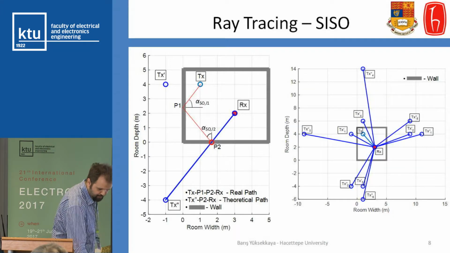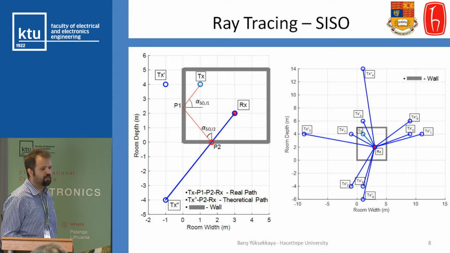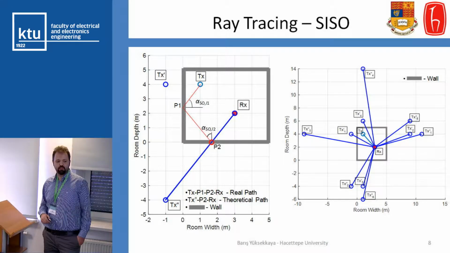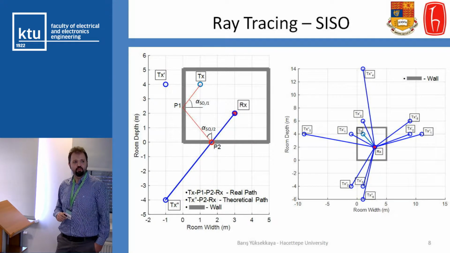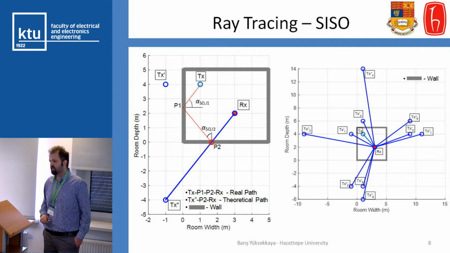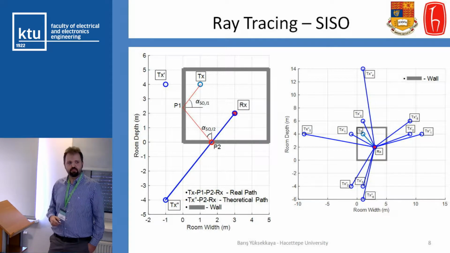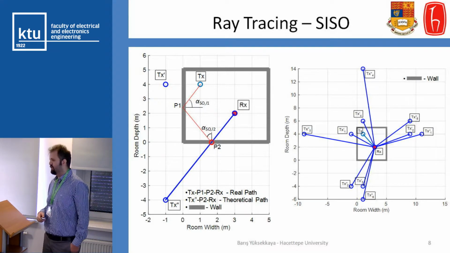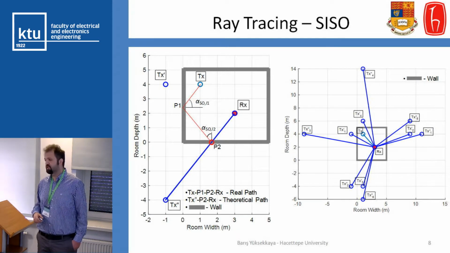Then we should find second order reflection points, and we can find this by taking the mirror image of the first mirror image that we have found. The distance between the TX double prime, which is this second order mirror image, and the RX gives us the distance that the original signal covered, and we should use the reflection angles to find the reflection loss as well. So if we do these procedures for all of the paths that can be found, we can find the channel impulse response geometry of